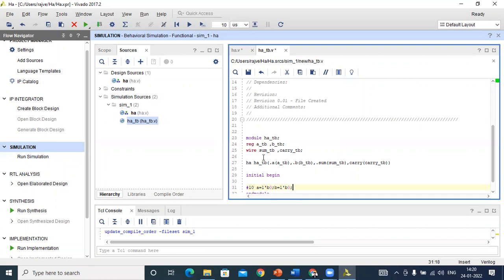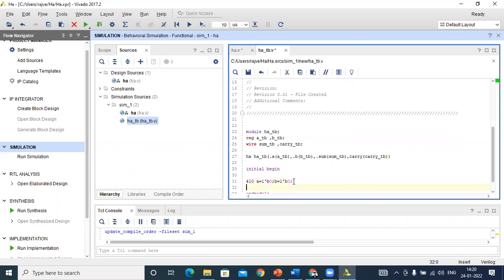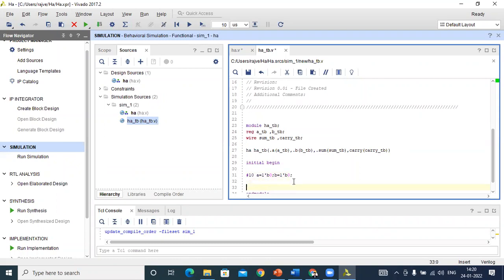Basically, we want to check our top module with respect to those test vector values. After 10 nanoseconds, again we apply some input like A equal to 1. 1 means its magnitude is 1.